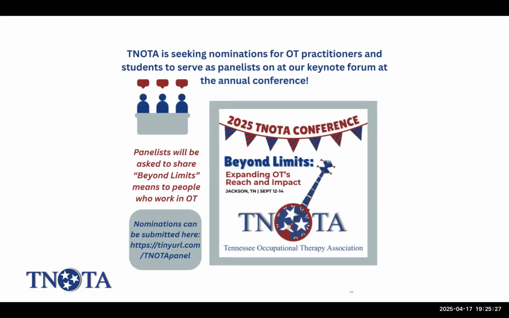We're always trying to increase the numbers, but really that is kind of the sweet spot historically, that 200 to 250 people who attend the conference. Some people just come for the Saturday, some people just for the Sunday, some people pre-conference only, but a lot of people come for the whole thing. And it really is a good way to knock out essentially all the CEs that you need for that year by attending the full conference.